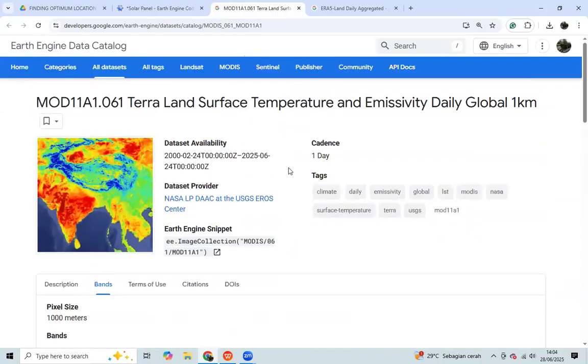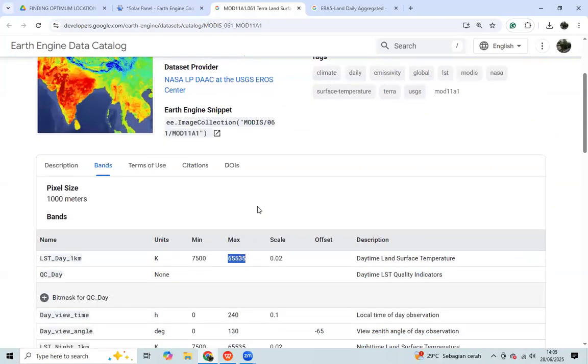And then why is the data in this value? Because it is not calibrated. We should calibrate it to make it in Celsius. How do we calibrate it? First, we should multiply it by 0.02, which is the scale factor. After we multiply, it is in Kelvin units.